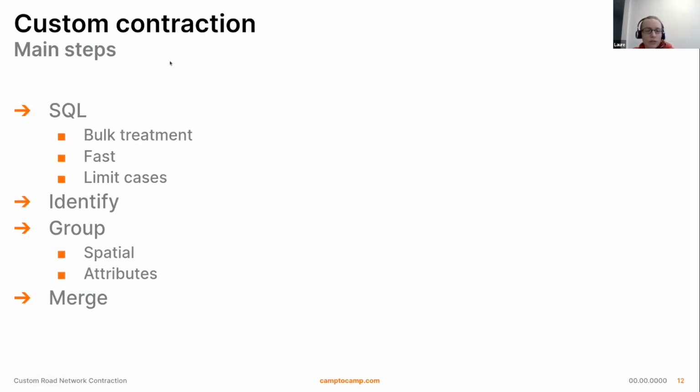So now the algorithm. Basically it's in 3 steps. It's all bulk steps, and we will see that PostGIS comes into play because part of the steps are special due to the fact that we are in bulk mode.